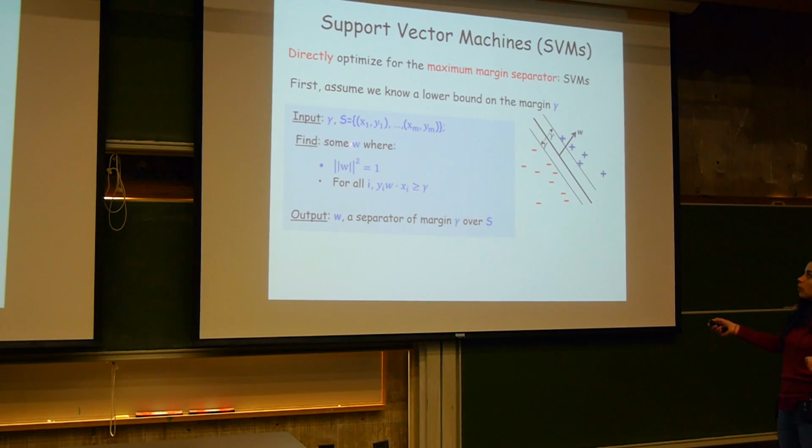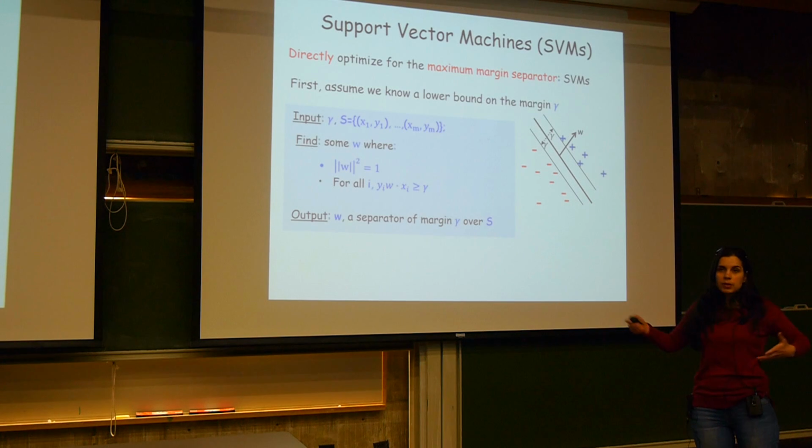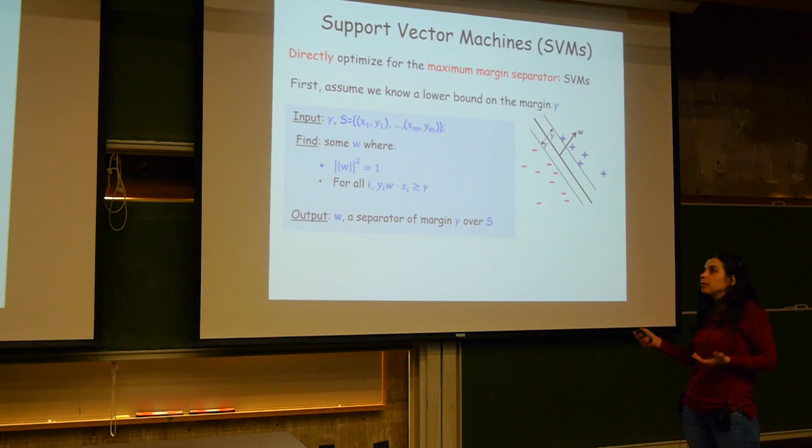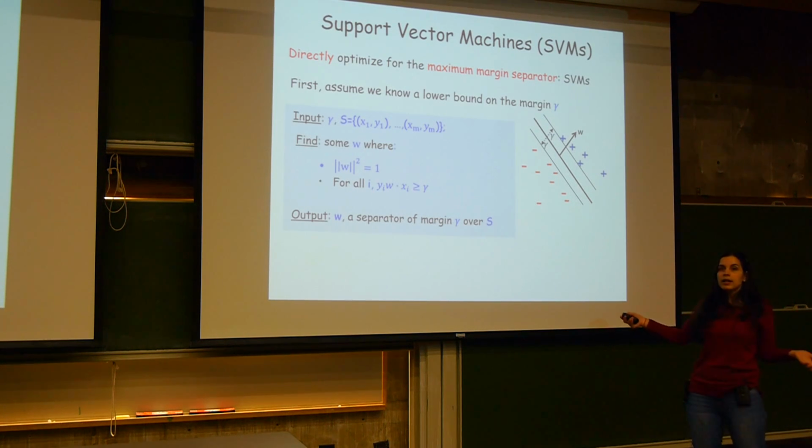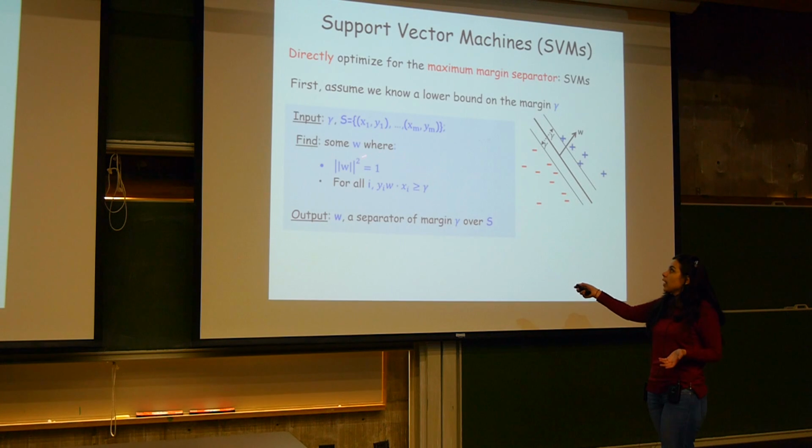What I'm going to do, I'm going to search for a classifier specified by normal vector W. And I can assume without loss of generality that it has unit length. So I'm going to impose that my classifier W has unit length. And I'm just going to make sure that all the points are correctly classified, and they are correctly classified by the right margin. Right? And if you remember, I mentioned that the margin of an example, when the length of W is normalized to have unit length, is exactly the absolute value of the product between that example and the normal vector. So I'm writing here the constraint that for all samples in my training set,